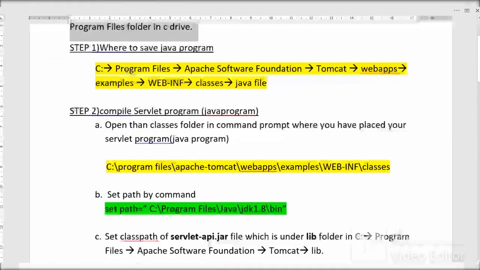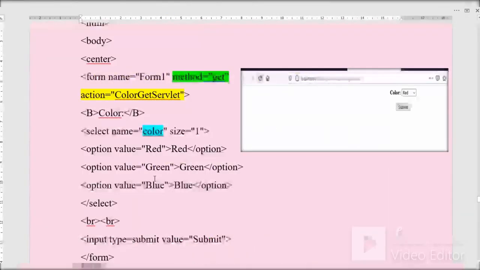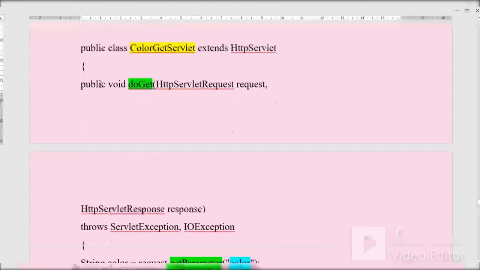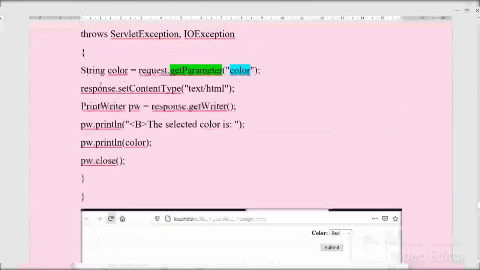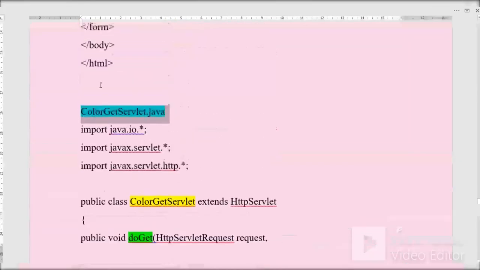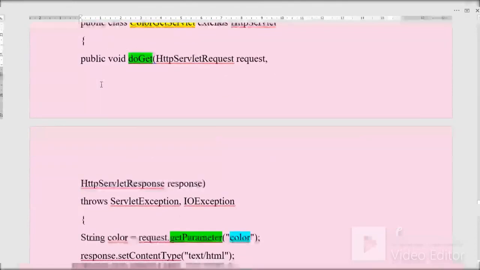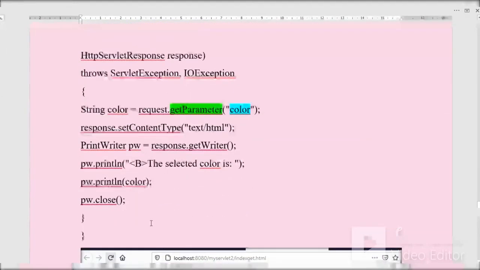Our first step is where to save the Java program. First you should save your Java program in the classes folder in Tomcat. This is your Java program, color get servlet.java. This Java program will be saved. Just write this code or copy this code in a notepad file and save that file